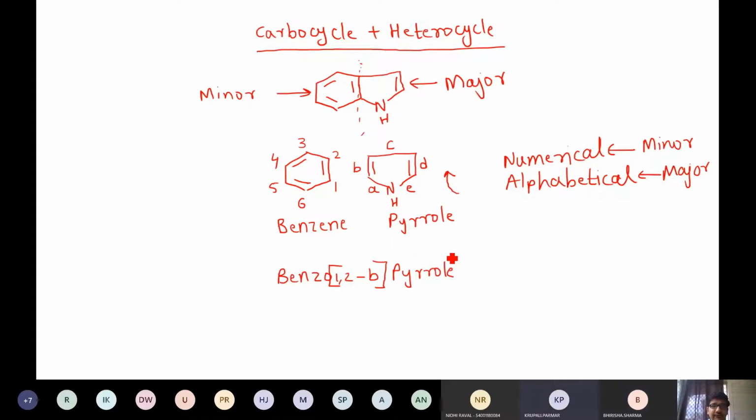Now, once you have defined this particular system, you can keep whatever numbering we have done here aside, and you can think about the ring itself. Let me draw the ring once again. This is the trick you can follow in order to avoid the confusion of the second numbering. Once you have defined this particular system, you can forget about this numbering. Are you with me as of now? Yes, sir.